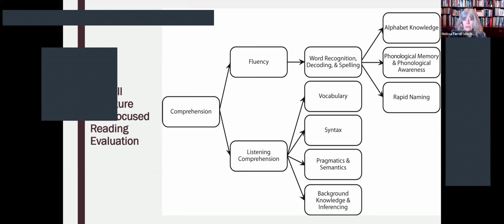What I would do is move the whole listening comprehension section and put it under fluency, so that fluency would be a product of skill with word recognition and also a product of skill with receptive language. Because I think that we talk a lot about kids who struggle with reading fluency due to decoding challenges,